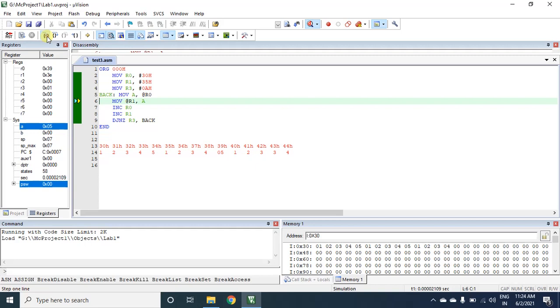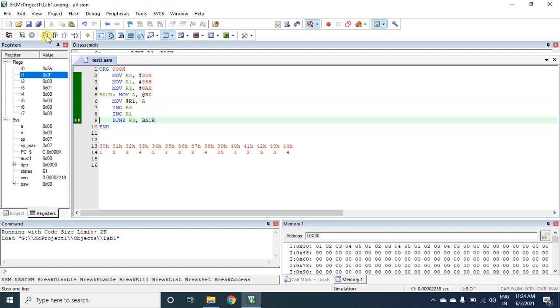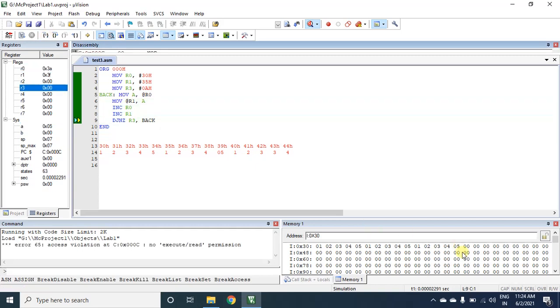So this completes the block data move with overlapping. See, the data is overlapped. I was supposed to move 01 to 0AH from the 35th location, from here to here, but due to this overlapping of source and destination locations, the data has also been overwritten, so repeated data has been moved. This is the moving of a block of data from source location to destination location with overlapping. Okay, thank you.